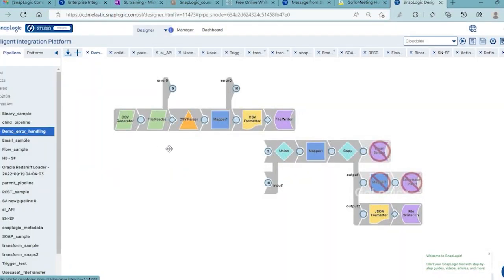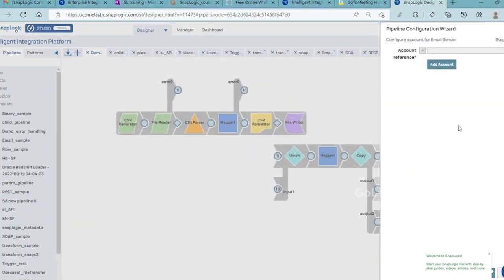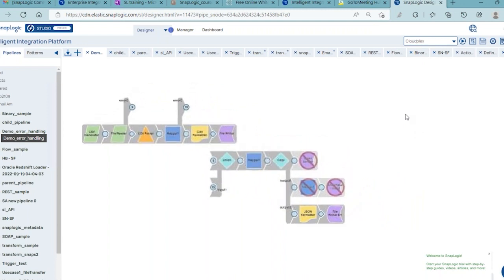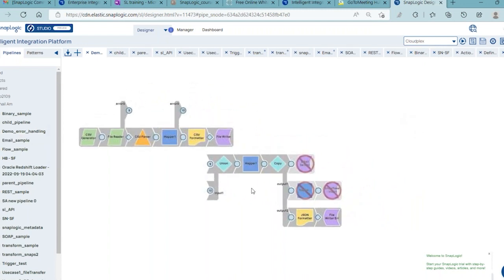Demo error. Okay, so in this approach, we are opening the error view for the snaps where we can expect errors to happen,